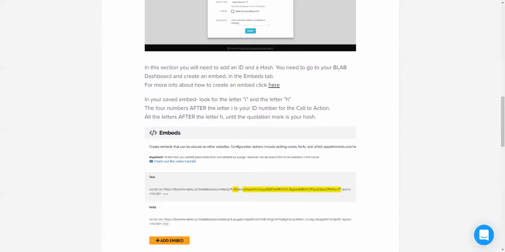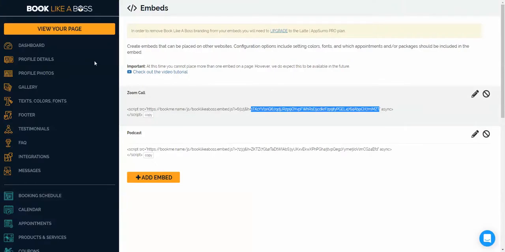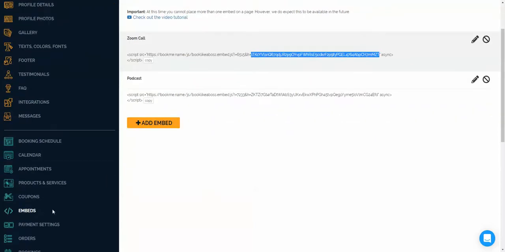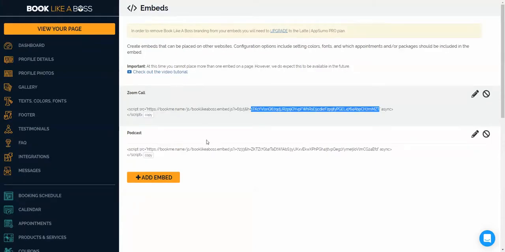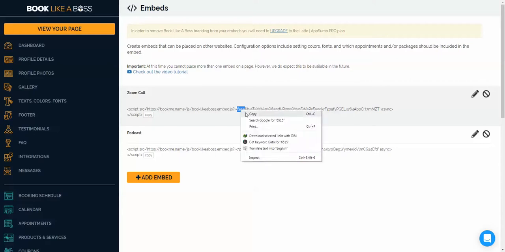So what you want to do is you're going to go to Book Like a Boss, and in here you will have different bookings that you can add, okay? So we're going to use the embed code. So you go to the embed section, and right here is going to be your ID code. It's between the I and the and sign. So you highlight this and you're going to embed this